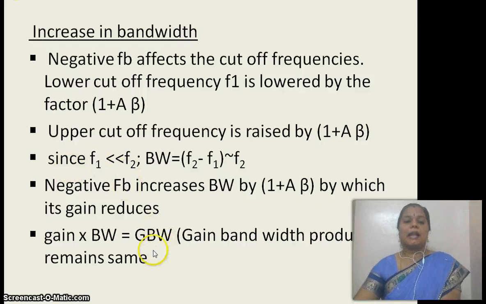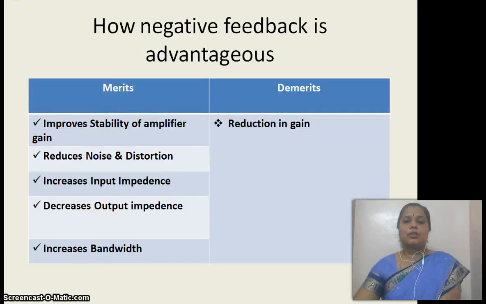And there is another parameter called gain bandwidth product. This is the product of gain and bandwidth, which always remains the same in case of negative feedback systems. So to conclude the merits and demerits of negative feedback, in the merits column we have got the gain stability, reduction in noise and distortion, high input impedance,